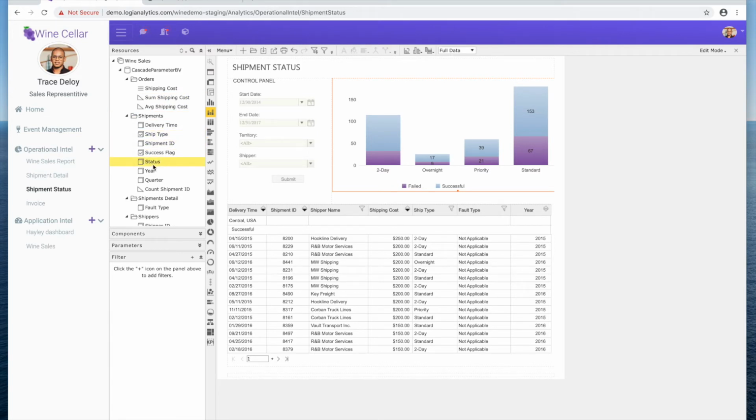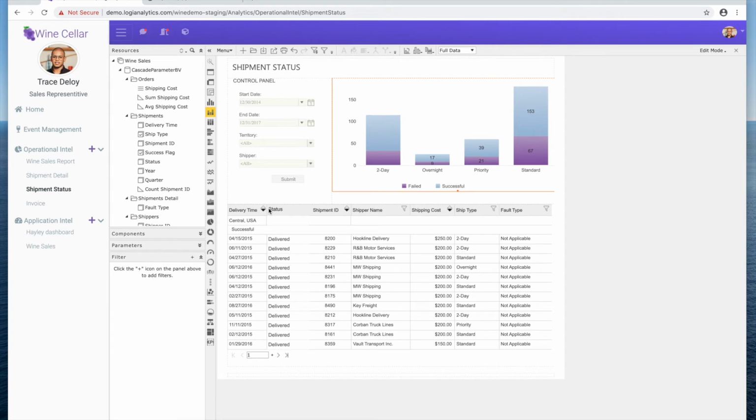So if we want to actually see the status of shipments, we can grab status and drop it into the report, and we now have that extra label in our table. So Trace, because he's an advanced user, can make these edits to the report. But at the very highest level of sophistication with what an end user can do is actually create a report